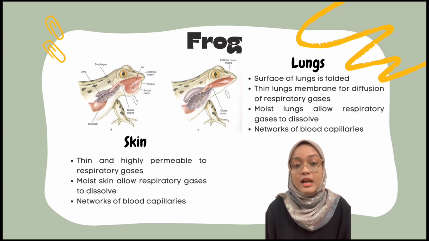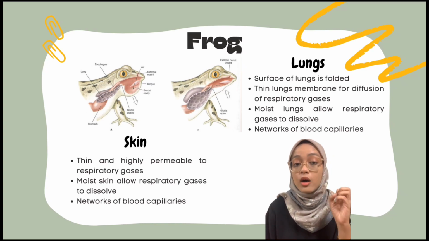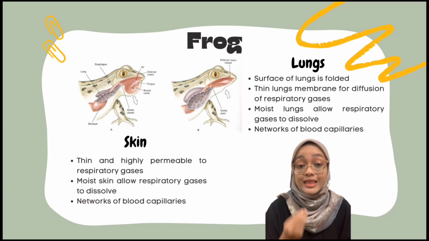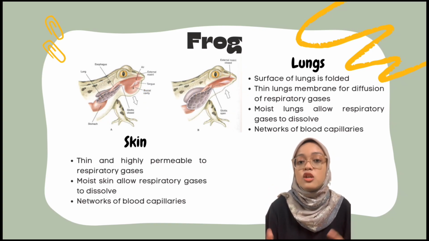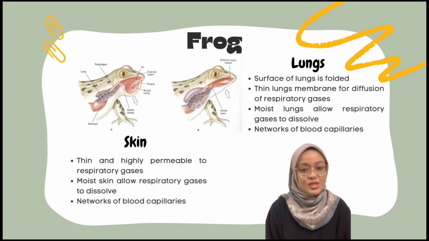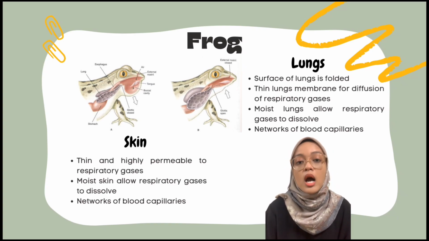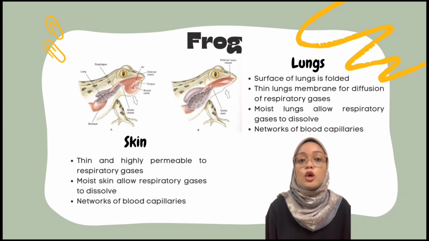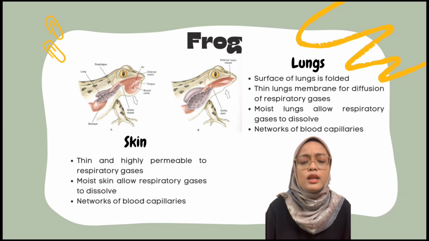Next is lungs. So, frog lungs are a pair of sac organs connected to its mouth through an opening called glottis that can be opened and closed. The surface of the lung is folded to increase the total surface area for gas exchange. It also has a thin lung membrane which allows diffusion of respiratory gases. The lungs are also moist to enable respiratory gases to dissolve and contain a numerous network of blood capillaries to transport